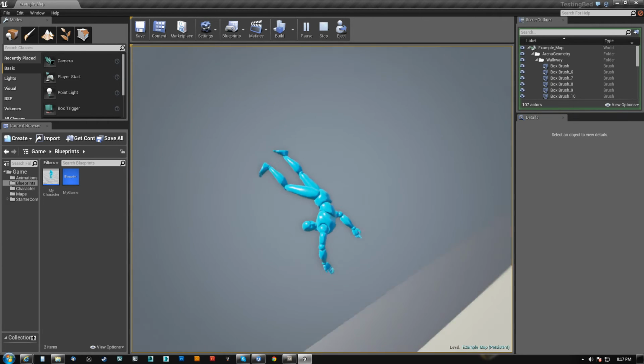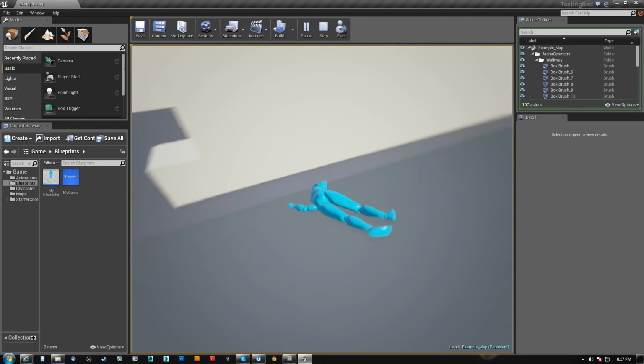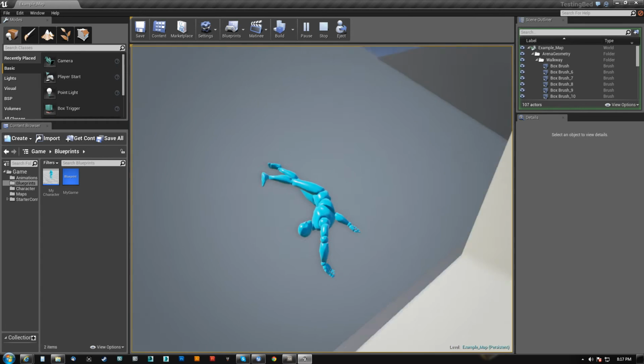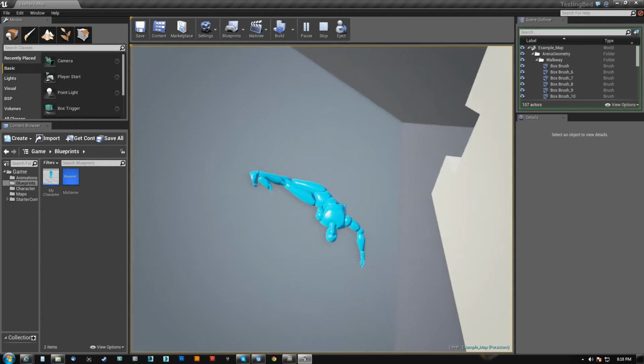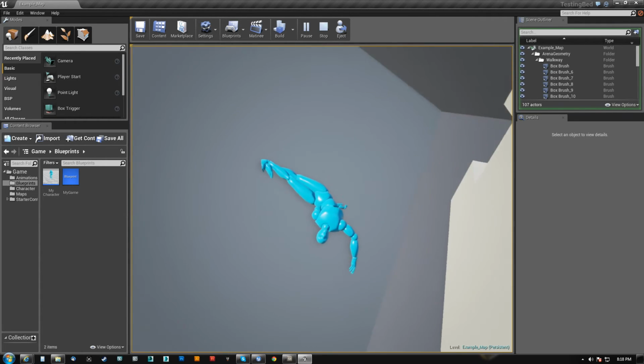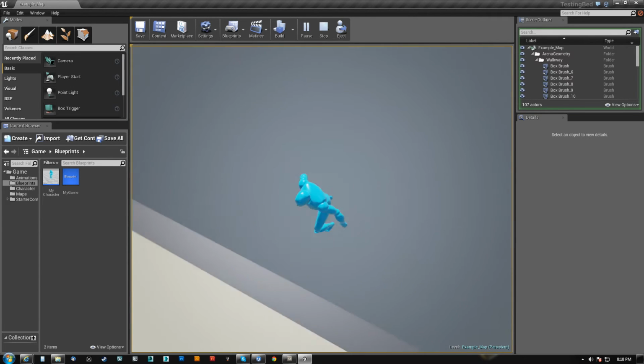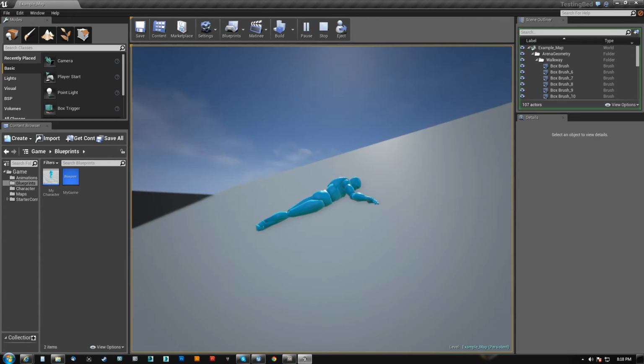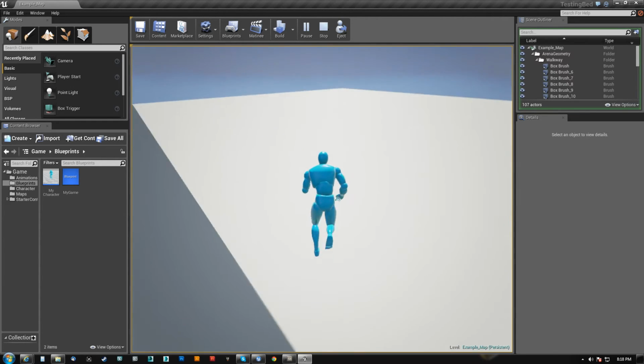So in this case, this is kind of a tough one right here, right? Which way is he facing? Is that chest facing up or down? It's practically sideways. So in this case, you may want to figure out which way he's facing from the pelvis as opposed to the chest. You could run a simple trace off of his rear and front and see, okay, well,